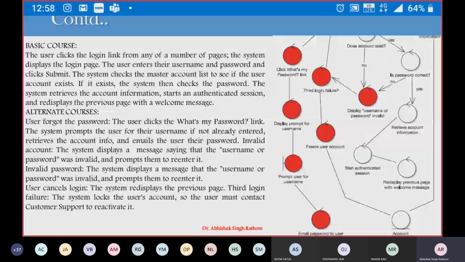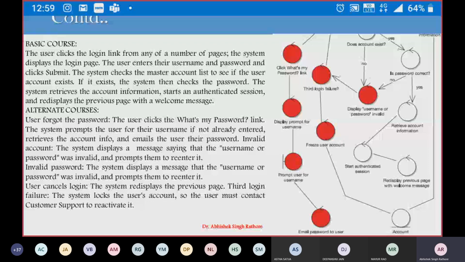It says that whenever we have 3 unsuccessful login attempts, the user must be prompted to call customer support to reactivate, and we will freeze his account for the third time.